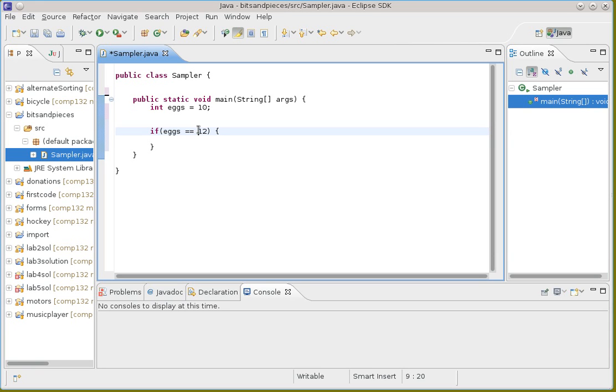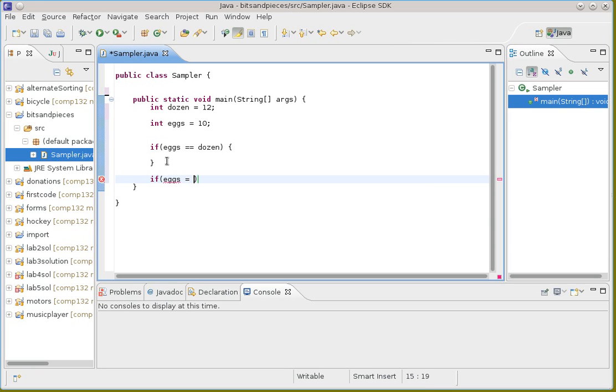Probably a dozen, right? And so the rule for code is that these sort of arbitrary numbers that appear in code are generally a mystery, and you want to give them a name. Okay? So one of the things that you could do to try to make things clear is you could say dozen equals 12, so that you can now change this thing to say if eggs happens to be exactly a dozen. Okay? And so there's this idea of let's give a name to a number. Okay? But the other thing, and that also helps you in the situation where further on in your code, if you happen to do another check, if eggs equals dozen again,